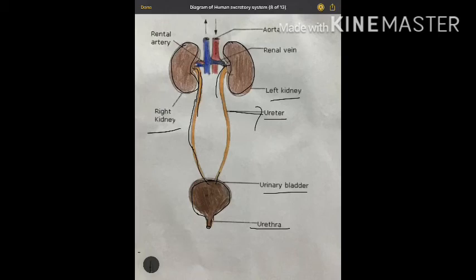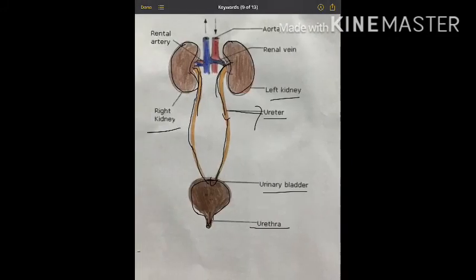From the kidney it goes to the ureter, and from the ureter to the urinary bladder, where it is stored. After 3-4 hours, when the bladder is completely filled, it comes out through the urethra, a tubular structure. So this is your